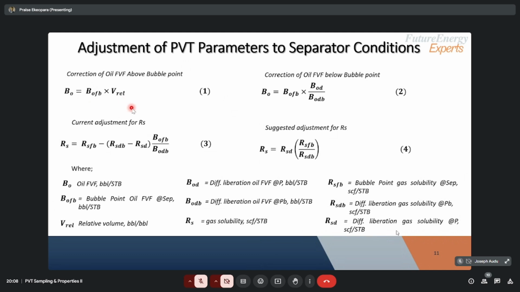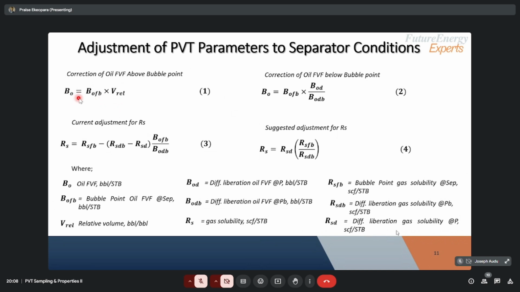These are the individual volumes we have in the PVT cell, divided by the saturation volume, that's the volume at bubble point, right, at saturation point. So once you multiply this and loop it through across different relative volumes,